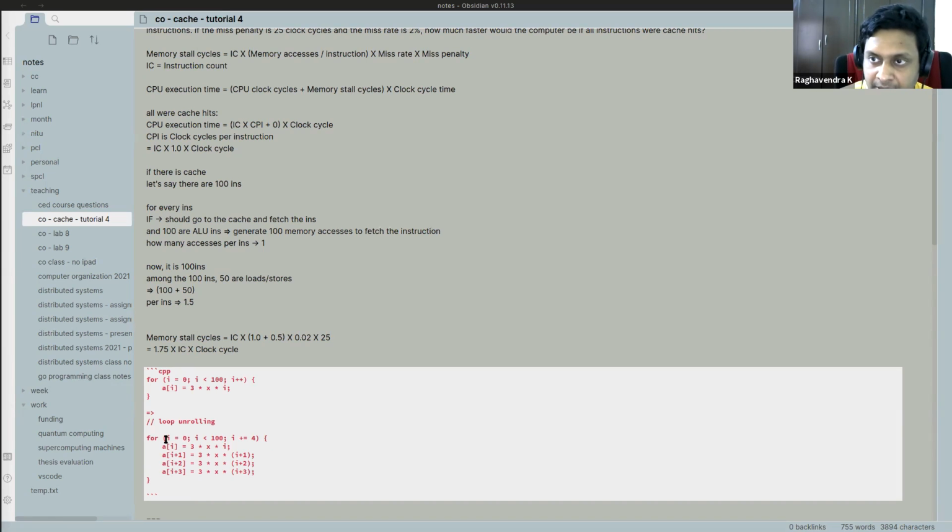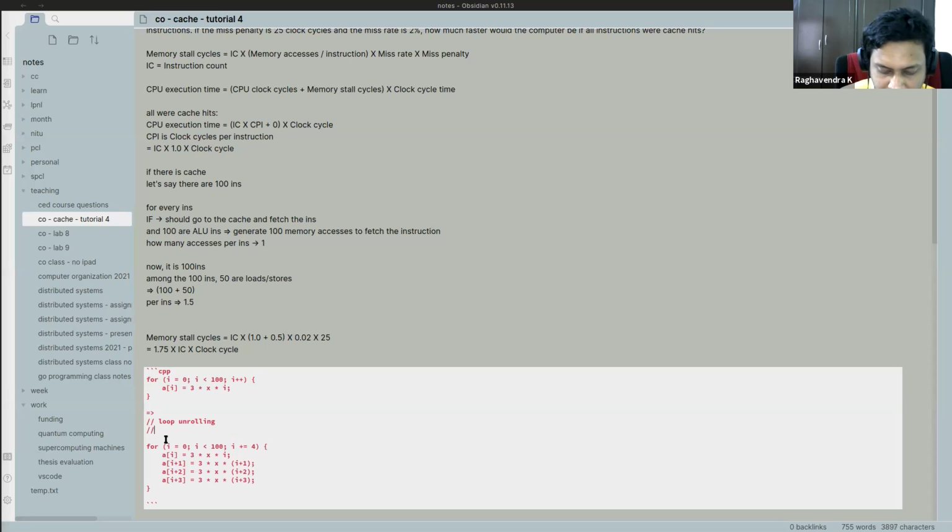So what parallelism am I enabling? I am enabling something called ILP. ILP stands for instruction level parallelism. And why is ILP getting enabled? Because you can see that all the 4 instructions are independent of each other. So I have generated 4 independent instructions and am giving them to the pipeline. And you already know that if I give independent instructions to the pipeline, there will be no stalls, right? Because there will be no hazards, assuming there is no structural hazard. So there will be no stalls, which means my pipeline performance is higher.